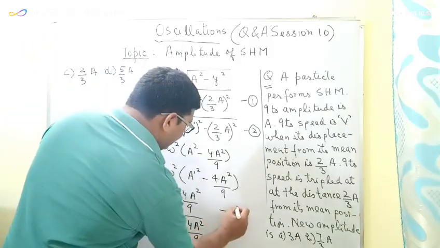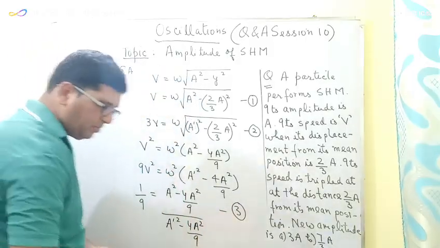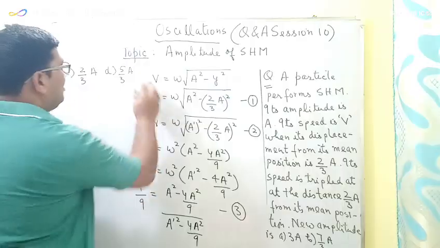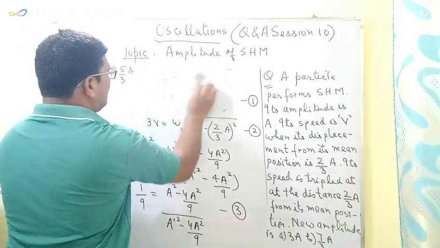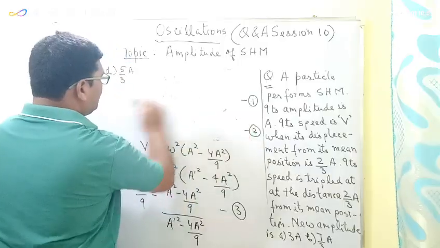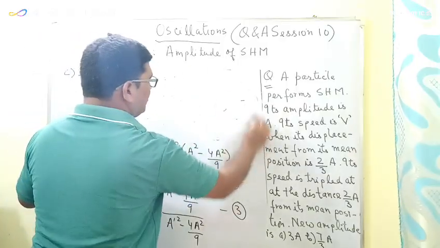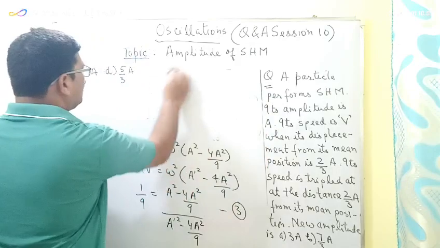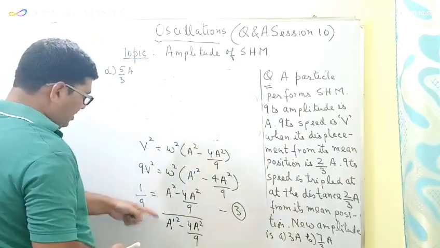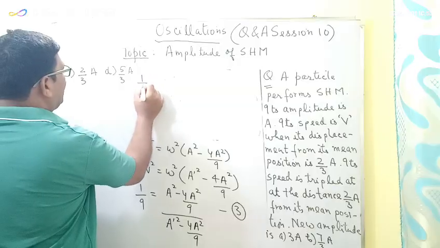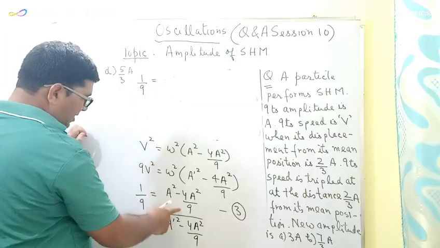Let us say this is equation number 3. So from equation number 3, I will be getting another equation, that is 1 upon 9 is equal to, if I take the LCM,